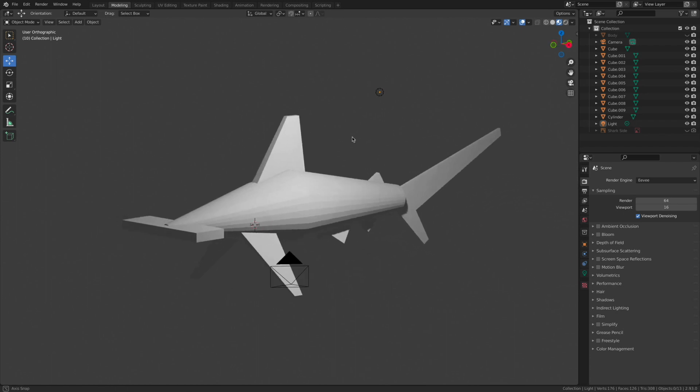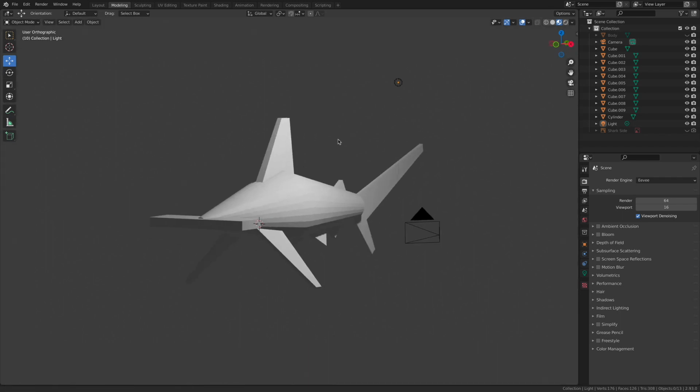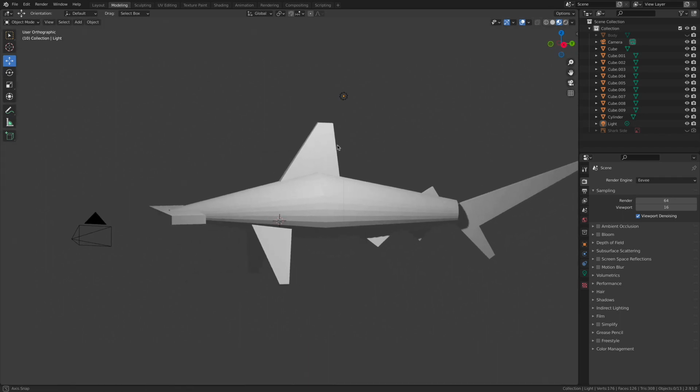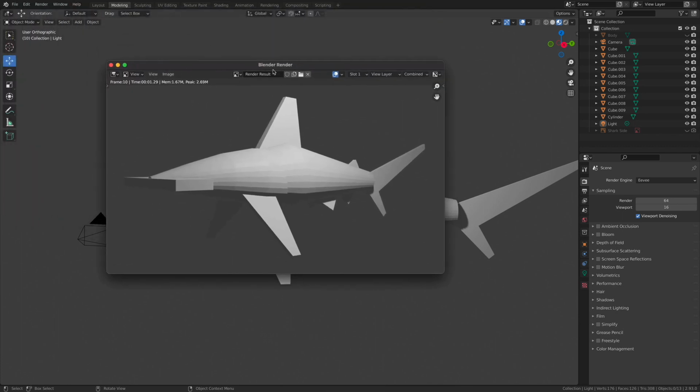Okay, now let's go ahead and render this thing. We don't actually need to be looking through the scene camera to make a render. How we render an image inside of Blender is at the top of the screen here where it says Render. And of course, Render Image. It's going to take just a second. Poof, there it is. It's done. It's just that fast. We're using the built-in Eevee rendering system, which is pretty cool. It's a real-time rendering engine, or a close to real-time rendering engine, and it's pretty neat.